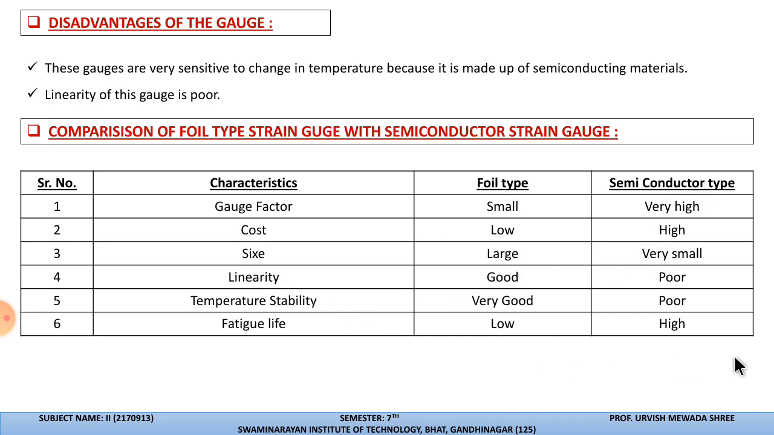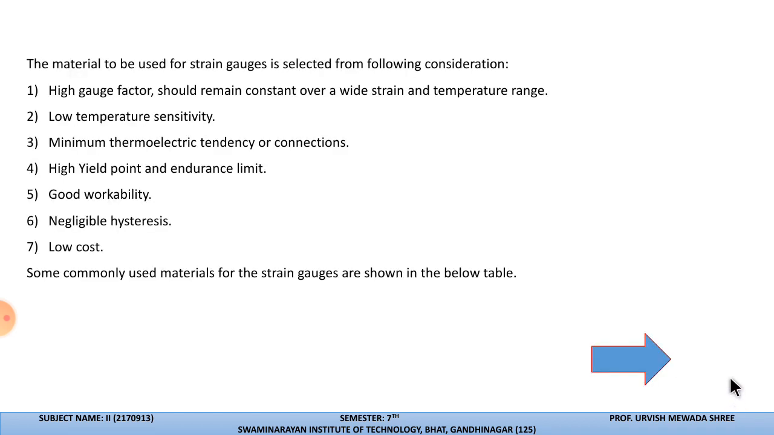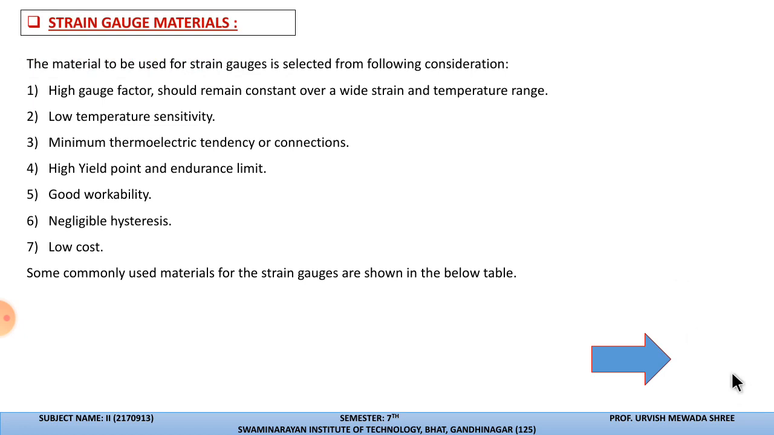So such kind of difference can be asked in your GTU exam. So this is nothing but the summary of both the strain gauges, foil type as well as the semiconducting type. Now, generally strain gauge material has